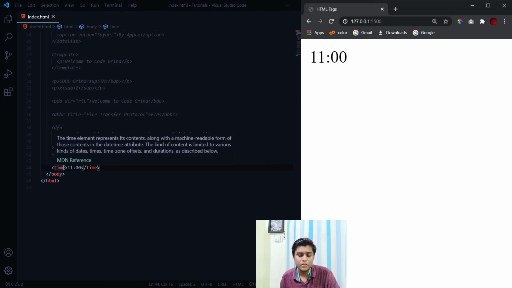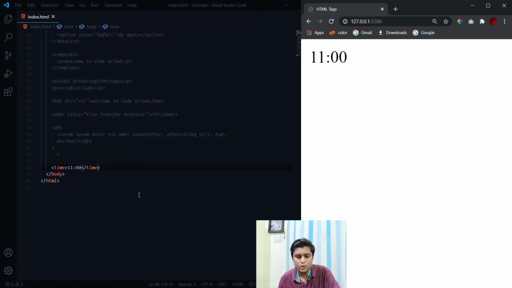This is a good way to enhance small things and make your website rank higher. As I told you, these are not very major SEO tags. The major ones are meta, title, description, keywords and other things, but these are very small things which you can do to make your SEO better, which a lot of people ignore but should use.